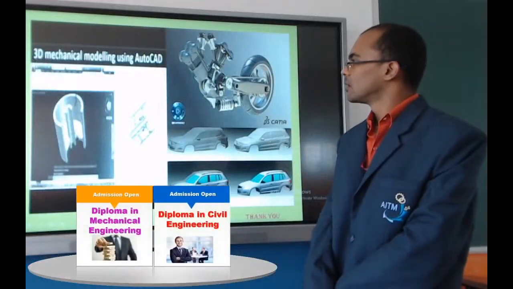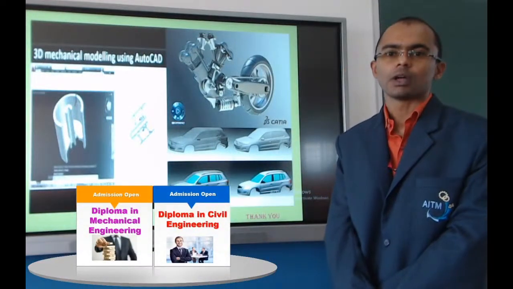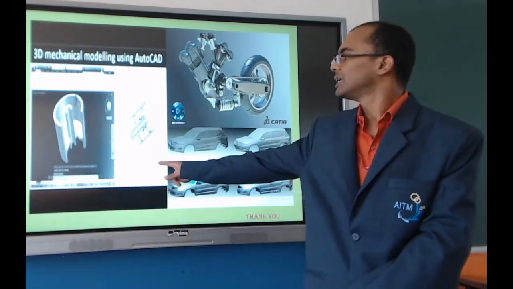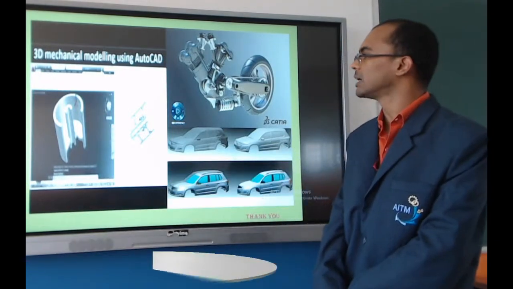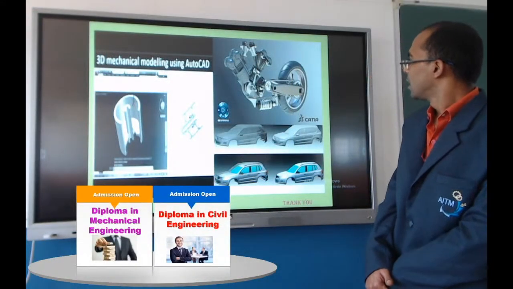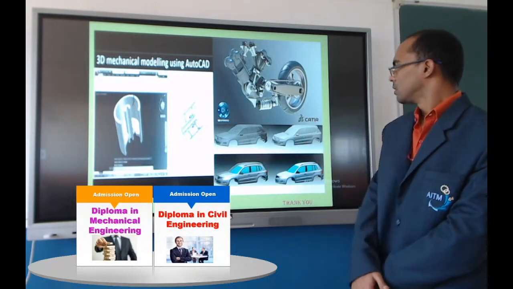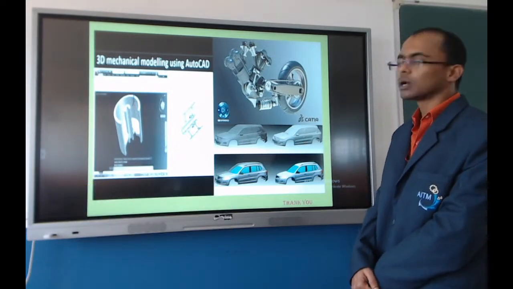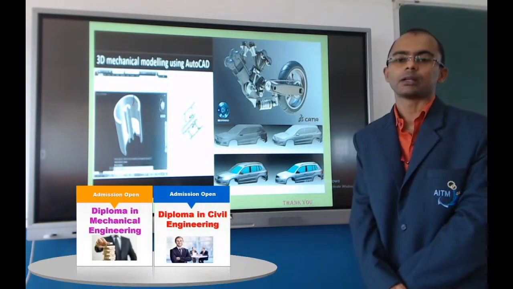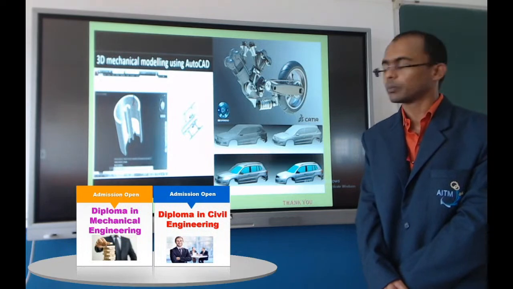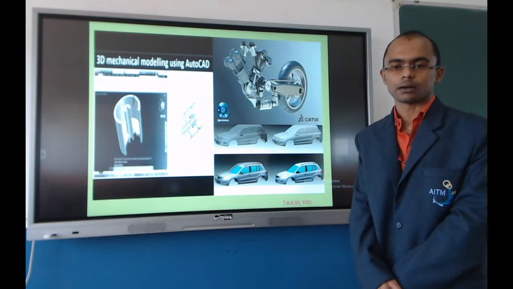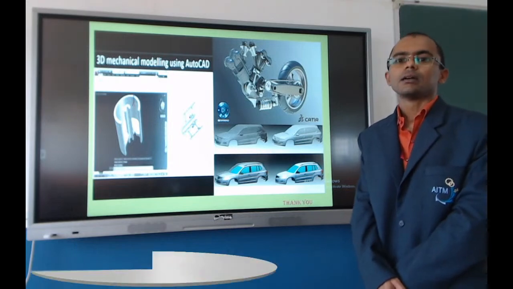The next are the drawings that are being done with the help of 3D mechanical designing softwares. The first is a part of machinery that is used in mechanical machinery. The second is, as you can see, a part of a bike. The third drawing consists of the outer body of a car. You can see here that the body of a car can be twisted and turned as per one's requirement. We can see the inner section and also the outer body of the car. So by this, designing